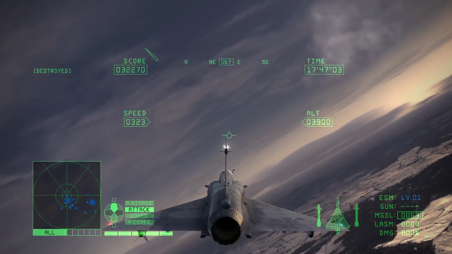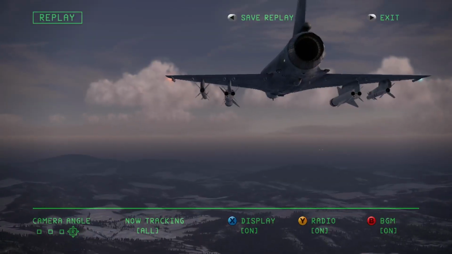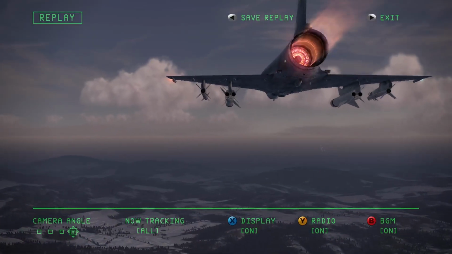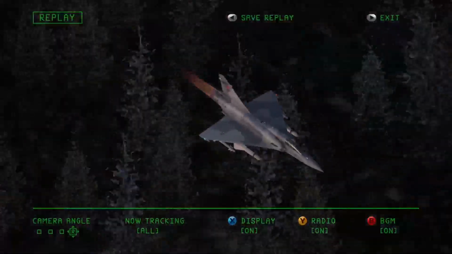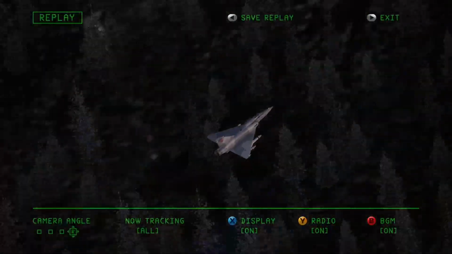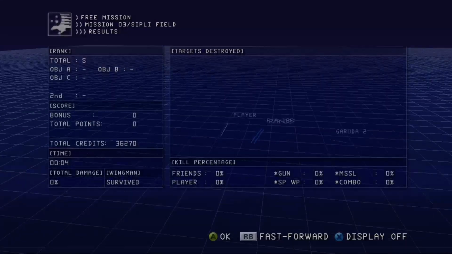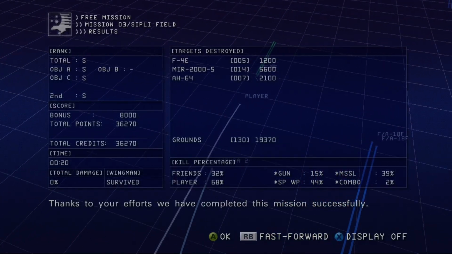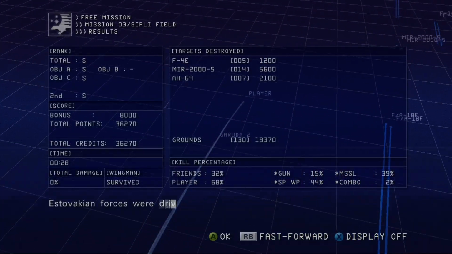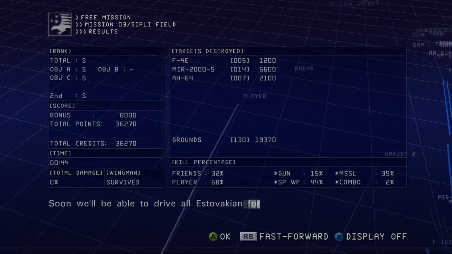Alright, so next one. Ghost Eye to all forces. We're about to engage enemy units on the other side of the river from multiple angles. Thanks to your efforts, we have completed this mission successfully. Emirian forces were able to... This mission should have given them a good taste of what our forces are capable of. Soon...